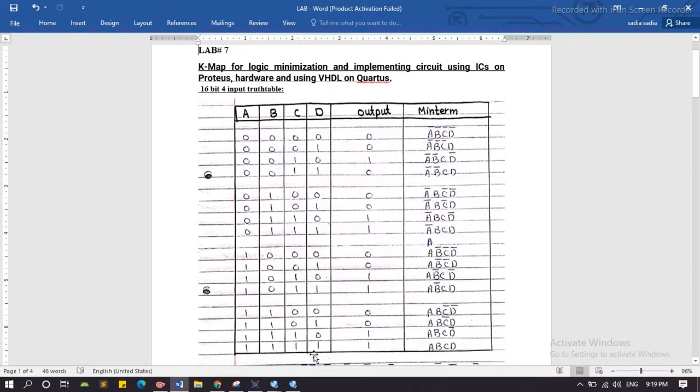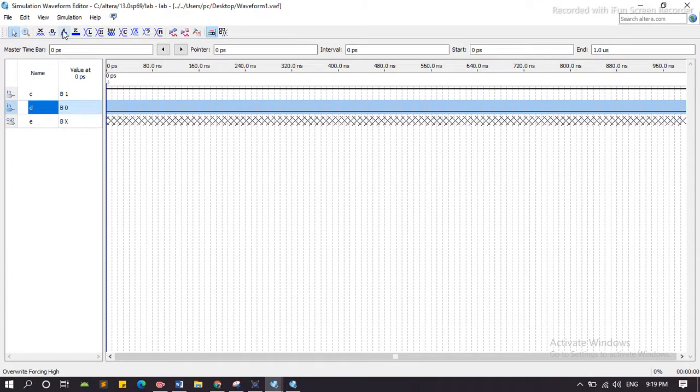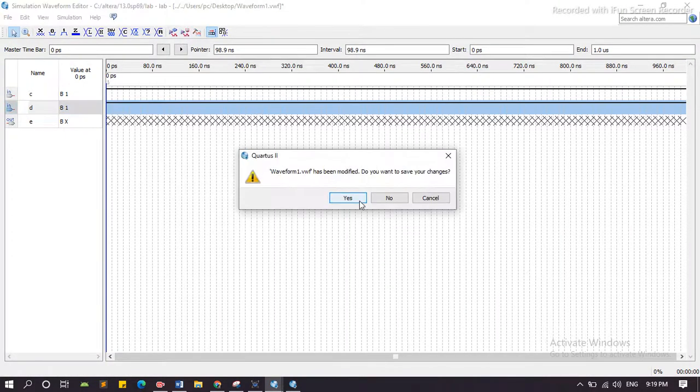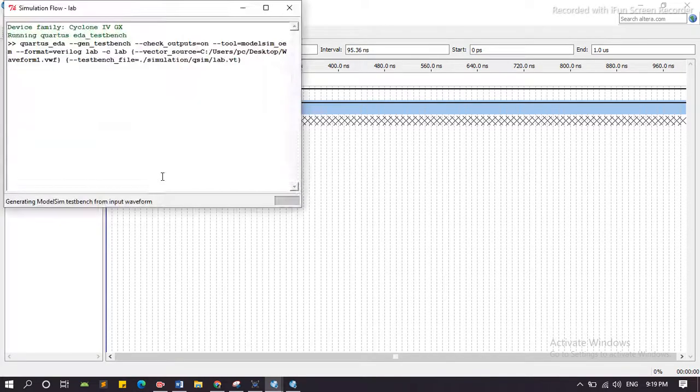Now we also run the case when both C and D are 1 1. Now we run the simulation again. In this case, the output is equal to 1.